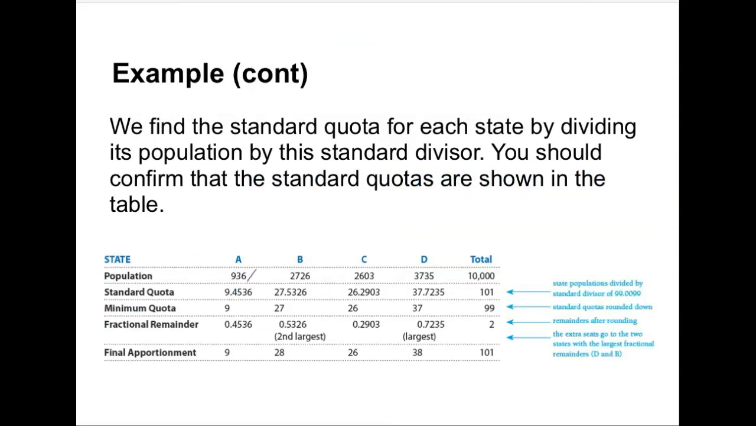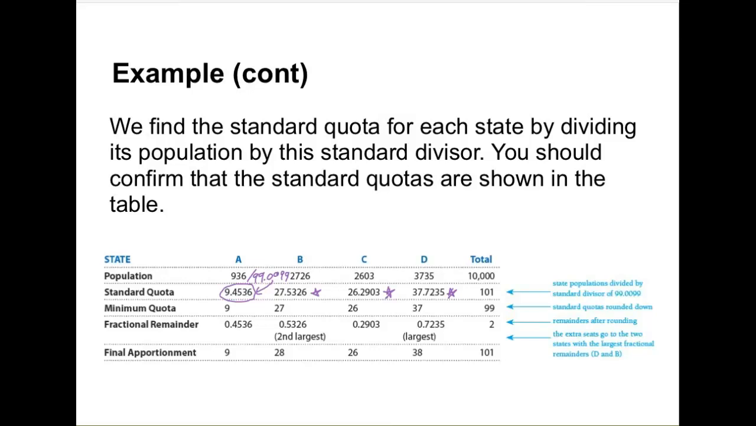So each one of these I've divided by 99.0099. So there's my standard quotient for A, 9.45. For B, 27.53. For C, 26.29. And for D, 37.235. So if I go back through the whole process,